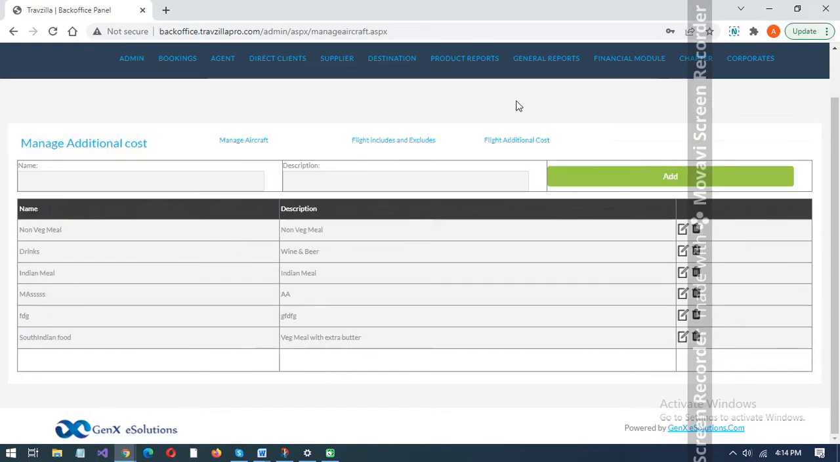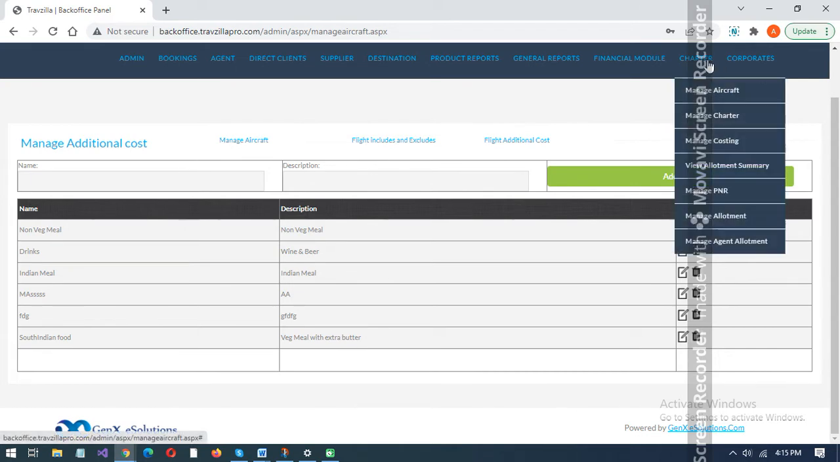The additional cost components which are chargeable on the flight, we can add from here, such as non-veg meal, drinks, Indian meal, and so on. After updating all the details here, we'll go to the next module, which is manage charter. We'll click on manage charter,